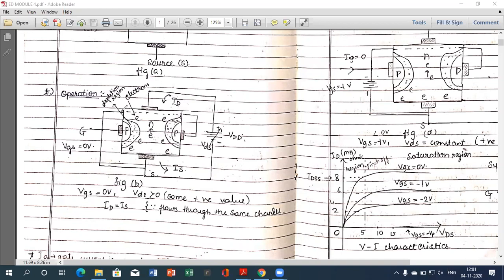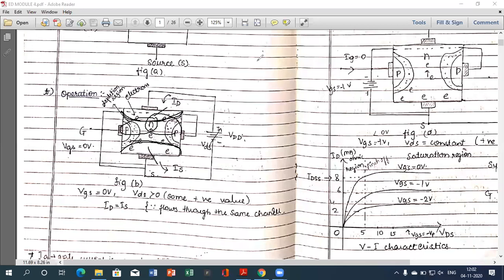Also, when I compare the positive terminal to this N channel, the upper end or the top end of this channel is more reverse biased than the bottom end of the channel. Why? Because the positive terminal of the supply is connected to the N here. It becomes reverse biased with respect to P and N type. Therefore, the depletion layer across this PN junction will be increased due to the reverse biased condition.